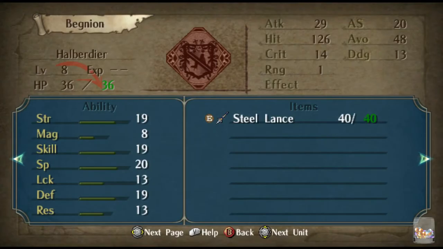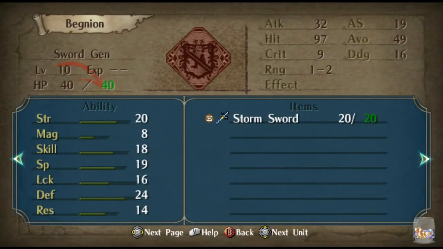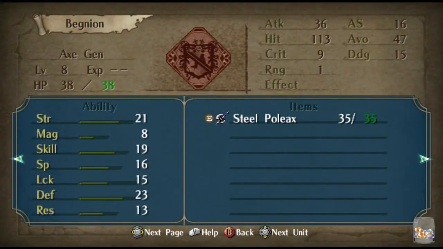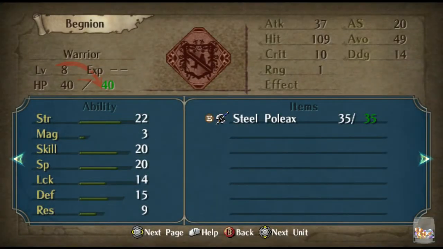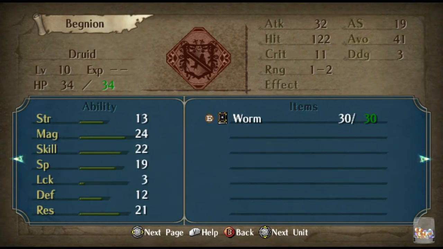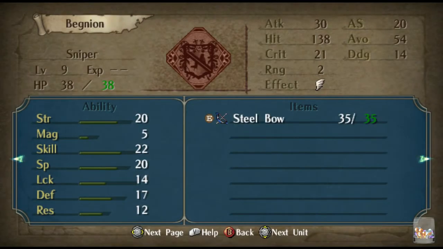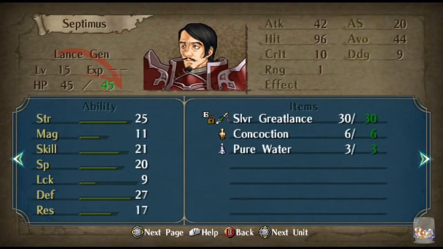Alright. How we doing? Steel Lance. Poleaxe. Steel Blade. Not really. Never gonna hit anybody ever. Holy shit, 97 hit rate. Never gonna happen, buddy. One of these days I should do a playthrough of one of these where I use as many Lagoos as possible. A worm? Oh, worm. Druid. Free crossbow. More crossbows. Oh, worm is such a stupid fucking...